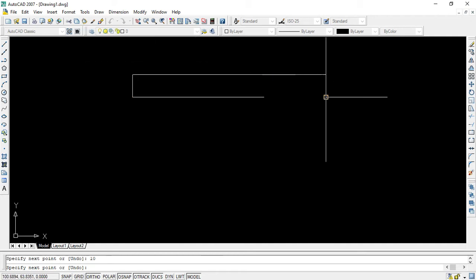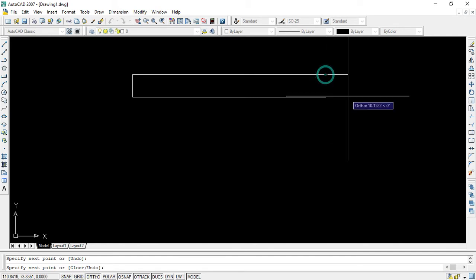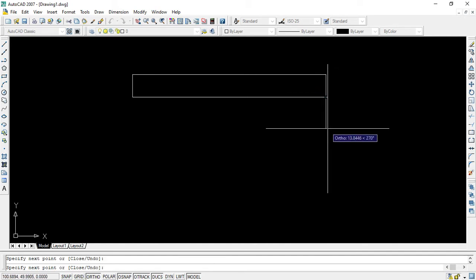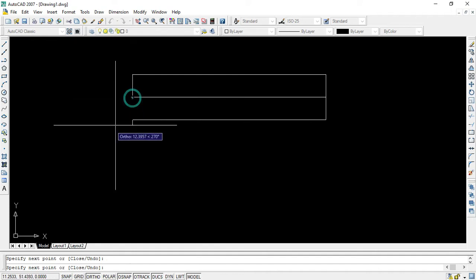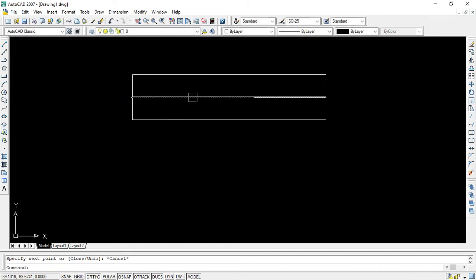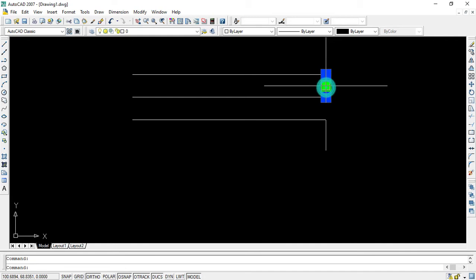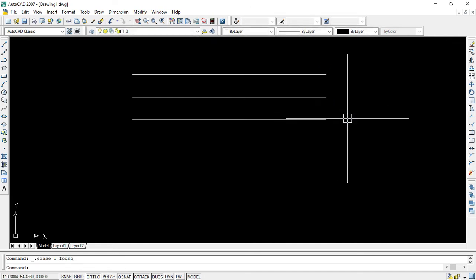After that I am going to simply draw like this. Then here also I am going to write 10 when I use the line command. Okay, so like this I can use. Click here. So we have two lines here. This was the original line. Above this we have drawn one line, and below this line we have drawn one line. Now you have to delete this. Now we are done.